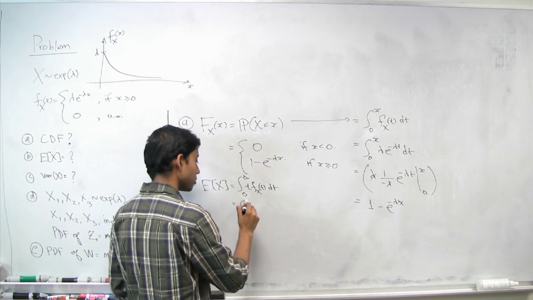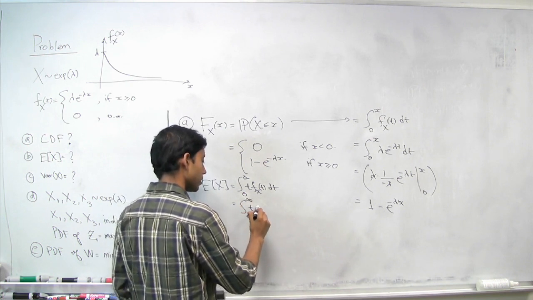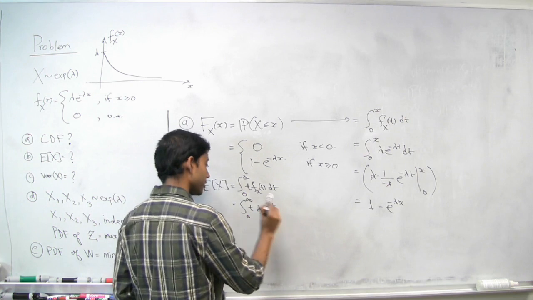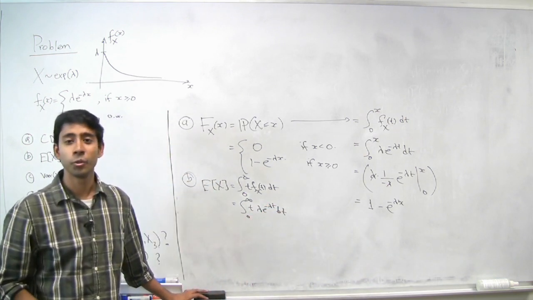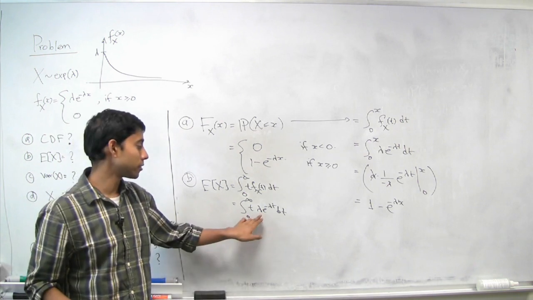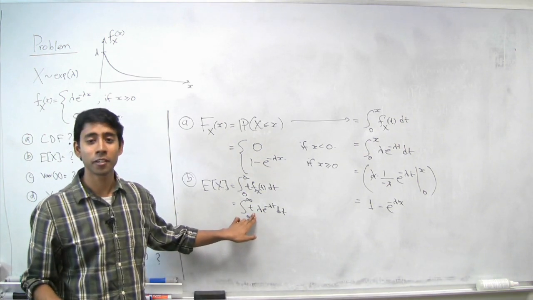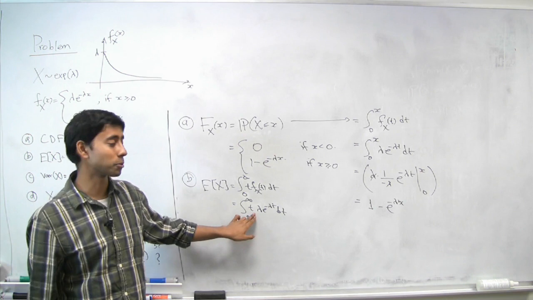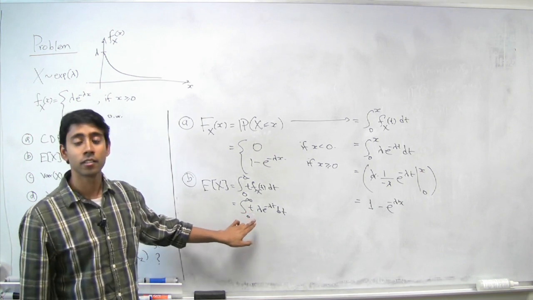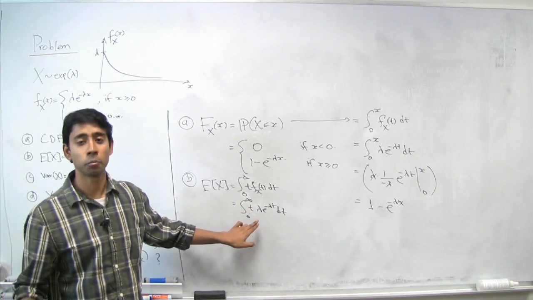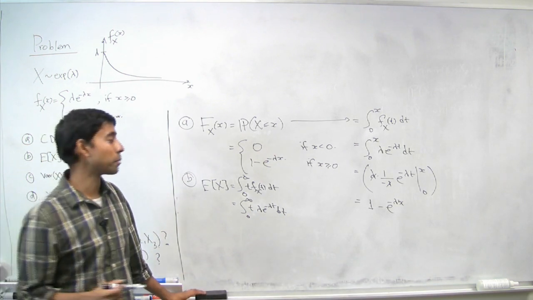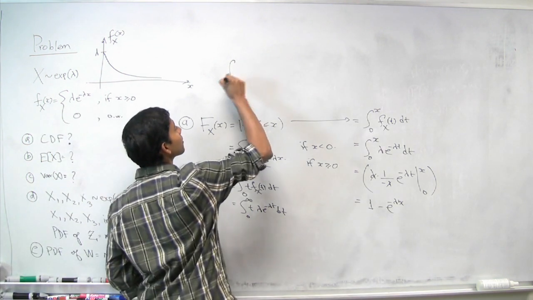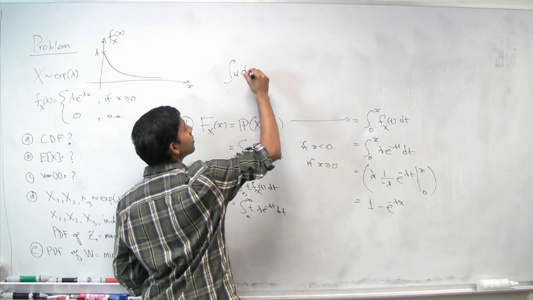We get the integral from 0 to infinity of t lambda e to the minus lambda t dt. Now, you can try all you want to get rid of this t. It's not going to go even if you try all kinds of u substitution. But at the end of the day, you're going to have to pull out your calculus textbook and find the integration by parts formula, which is